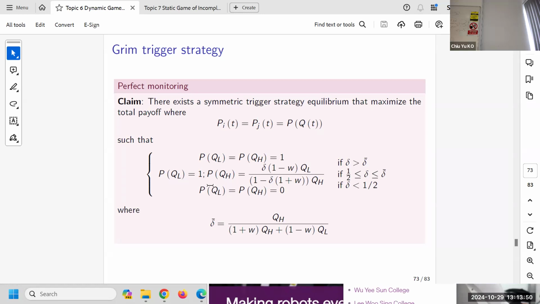Now the question is what happens when patience is intermediate, which is probably something that we care about. And it turns out that, surprisingly, when demand is low, the price is 1. When demand is high, you charge a lot less than 1. So in good times, you have a lower price. Of course, they argue that this is a price war. In bad times, they don't compete. In good times, they lower the price. Of course, we will try to explain the intuition behind it, but that is the result they try to prove.